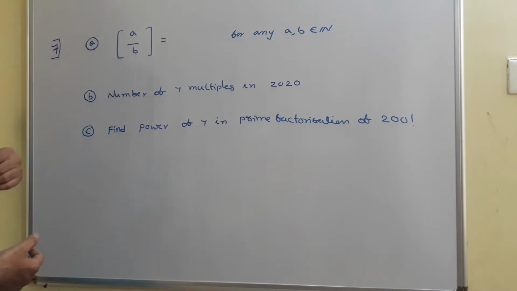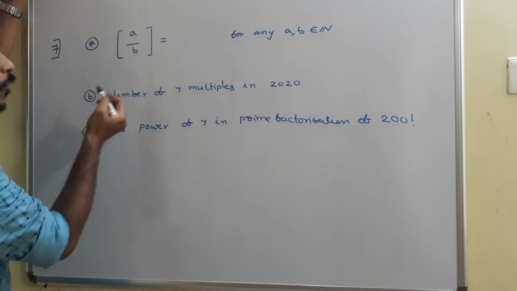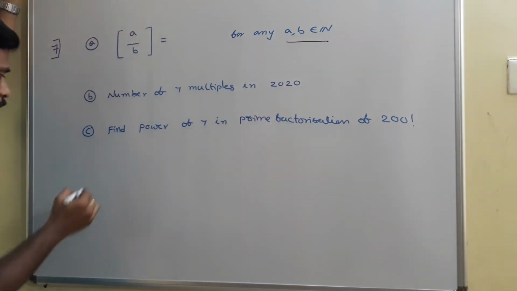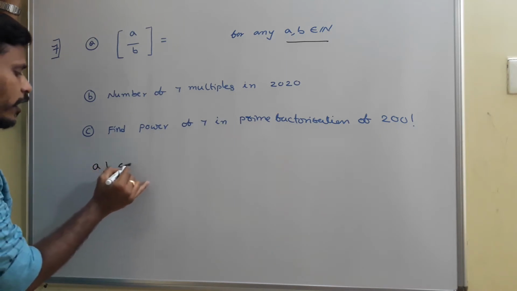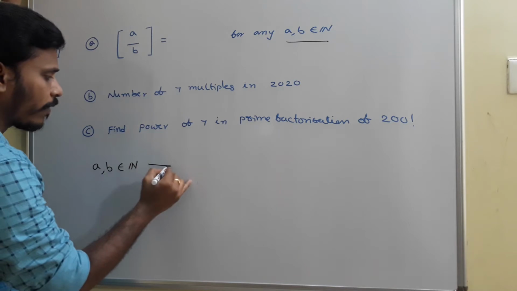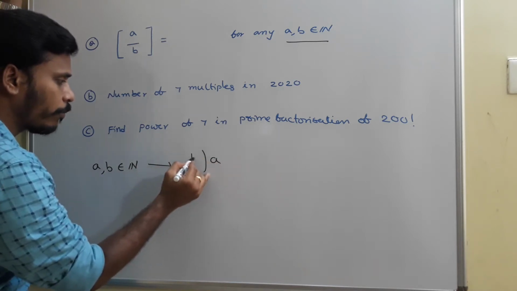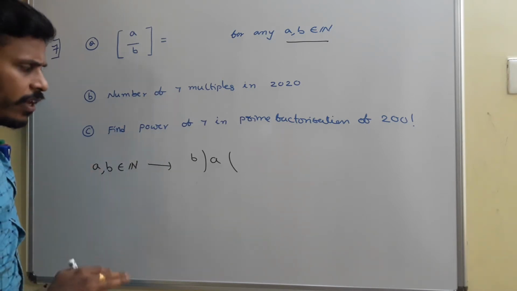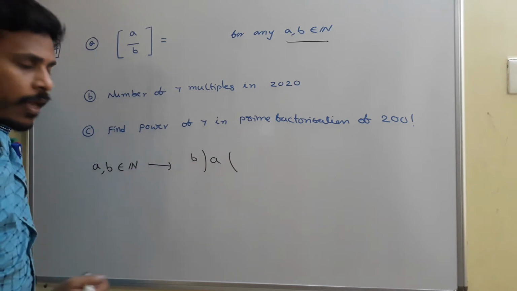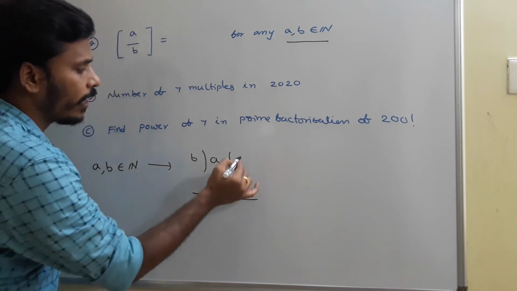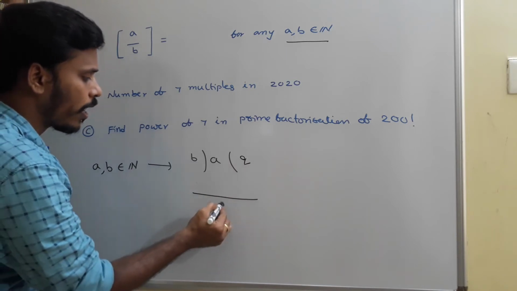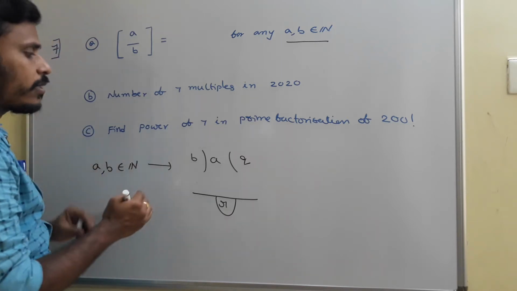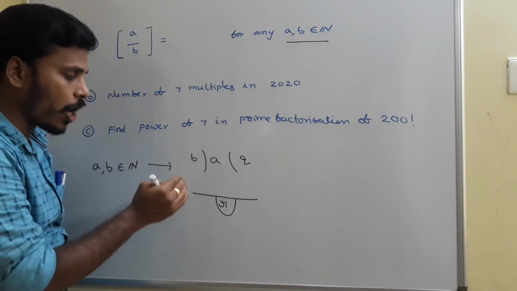First of all, you just think about this a, b, right? We are going to calculate a by b. As they mention, a, b are any two natural numbers. Suppose I have a, b as any two natural numbers, then there is a chance to divide a with b. Is it right? Since a, b are natural, suppose you take a as the larger, or in any other case, you just divide a with b. If you divide a with b, you will get some quotient q and some remainder r. Okay, q and r depend on the values of a, b. When you divide a with b, q is the quotient and r is the remainder.